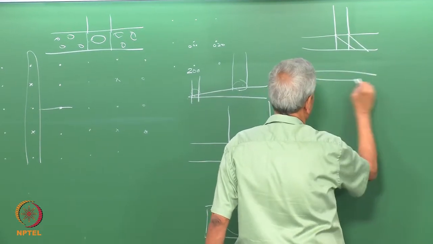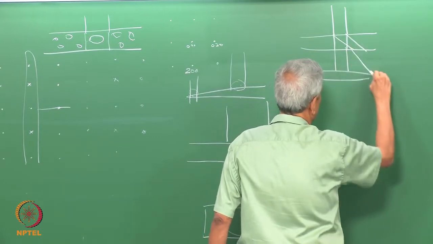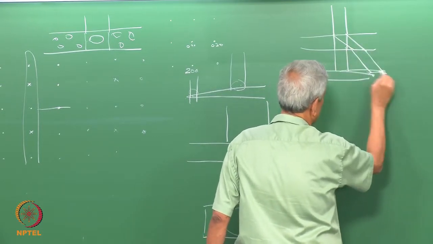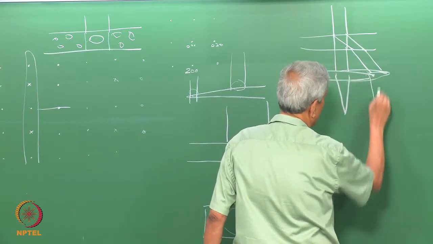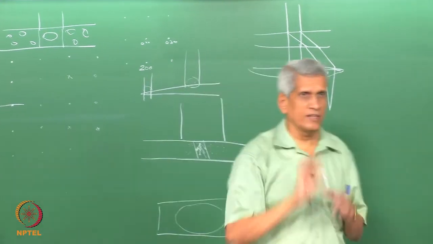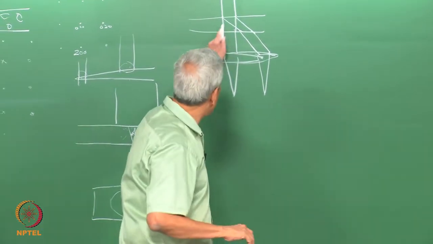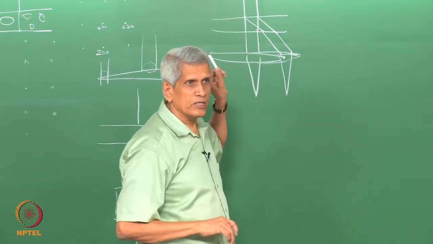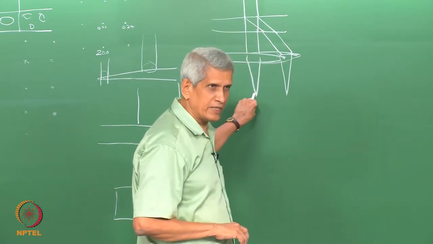The lens action essentially is that this parallel beam and this parallel beam which are hitting the lens will all be focused to a point. This will all be focused to another point, correct? This is essentially what happens. So, all the parallel beams will be focused to the back focal plane. That is as far as the diffraction pattern is concerned.